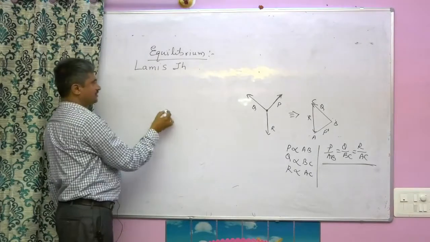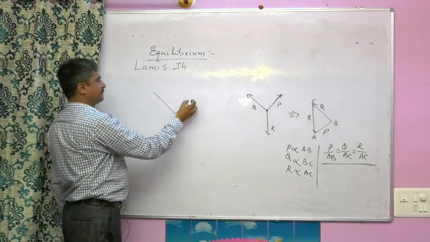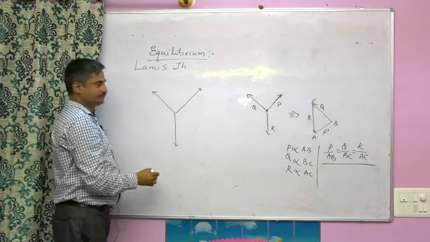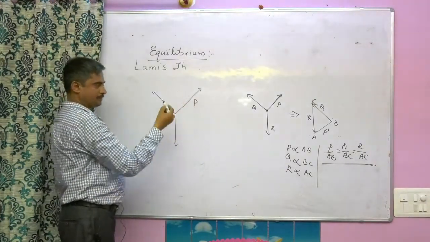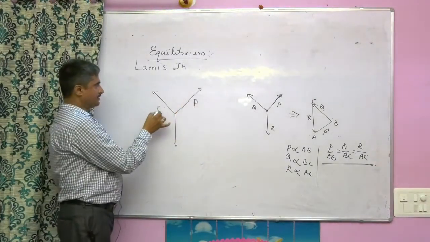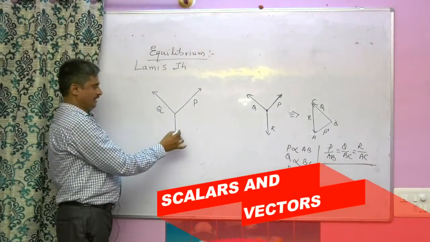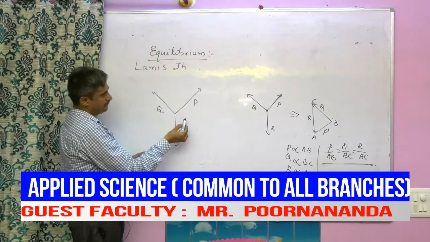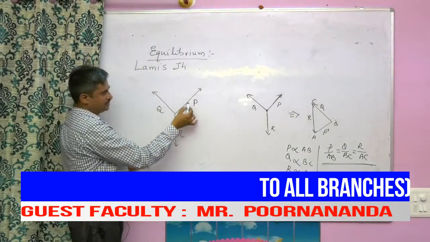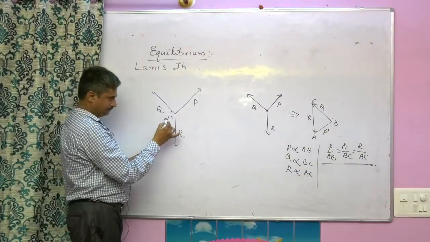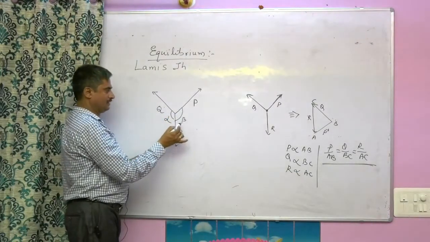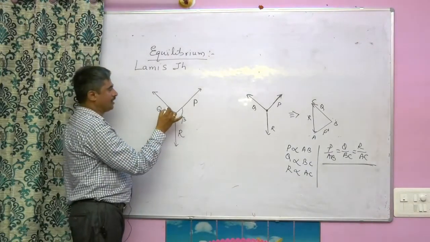If three forces acting at a point are in equilibrium, for example, I will denote this force by P, this force by Q, and this force by R. If the angle opposite to P is alpha, the angle opposite to Q is beta, and the angle opposite to R is gamma,